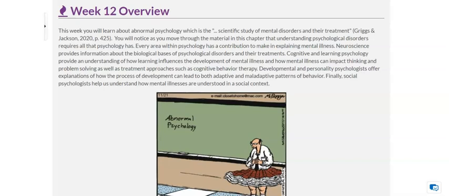This week, in terms of content, you'll be looking at the field of abnormal psychology, which your authors define as the scientific study of mental disorders and their treatment. This is often the area of psychology that people unacquainted with the full scope of the field think is the sum total of the field. So